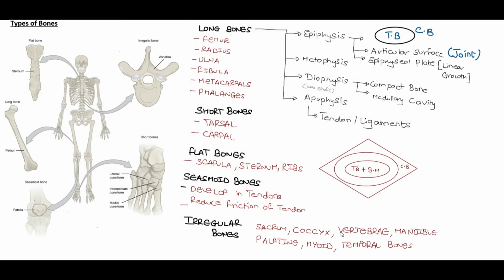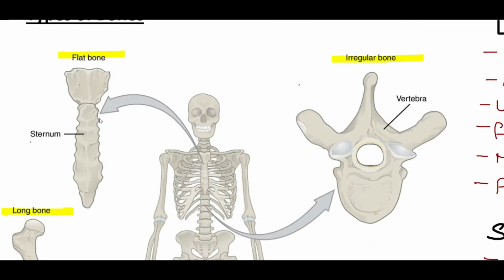The bones can be classified into five major categories, which are the flat bones, the irregular bones, the short bones, the long bones and the sesamoid bones. Now let us take a look at each of them. The flat bones are flat on either side, and examples of them are the sternum, which forms part of the chest wall. Then we have the manubrium, which is also involved in the formation of the chest wall.